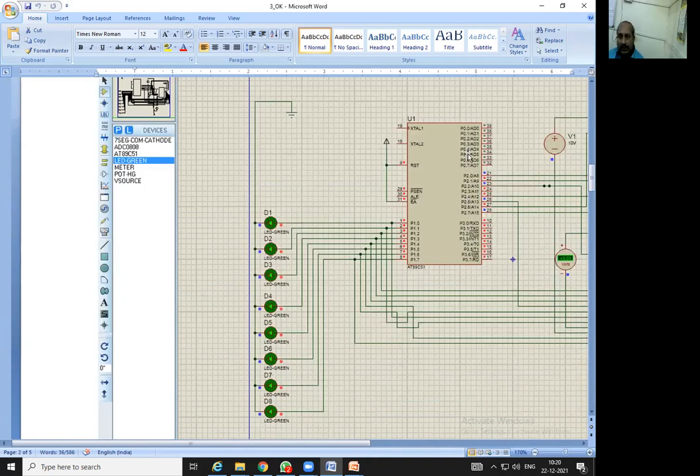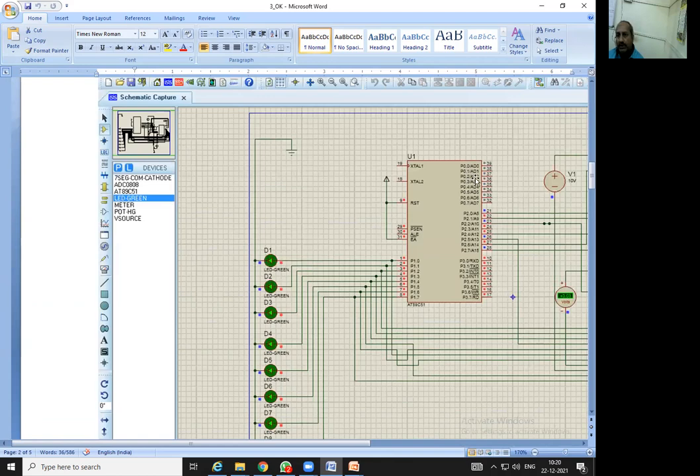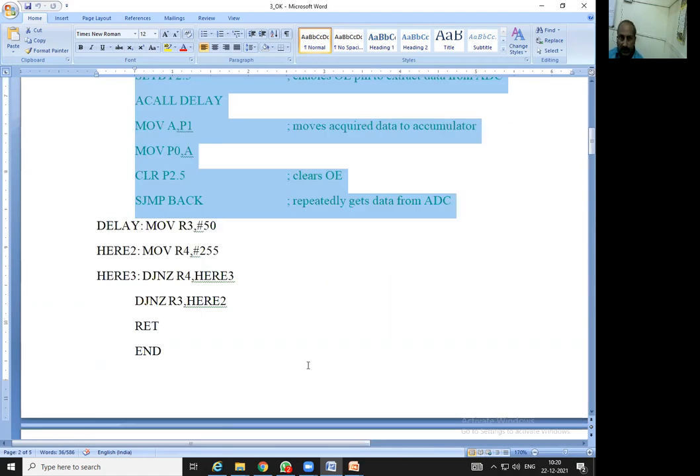Port 0, that is here. So it is already unused. Whatever data comes to port 1, this port 1 data we have transferred to port 0. But here we have not taken any action. So this code can be skipped. No issue.